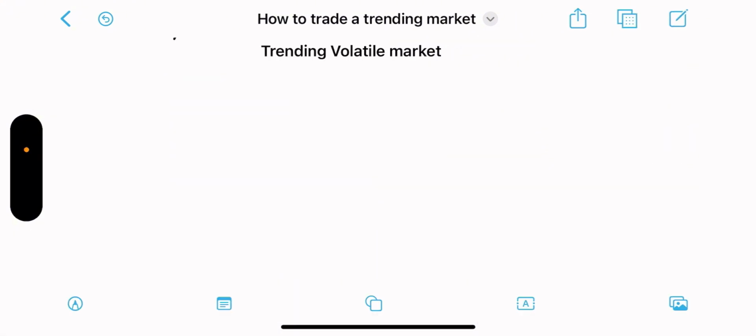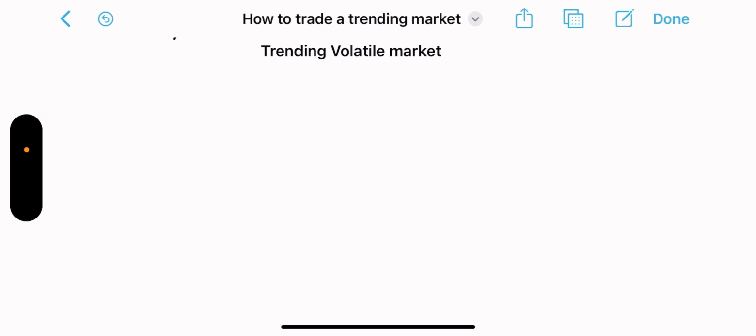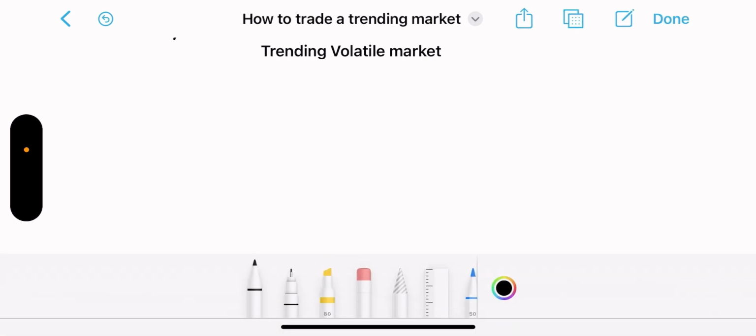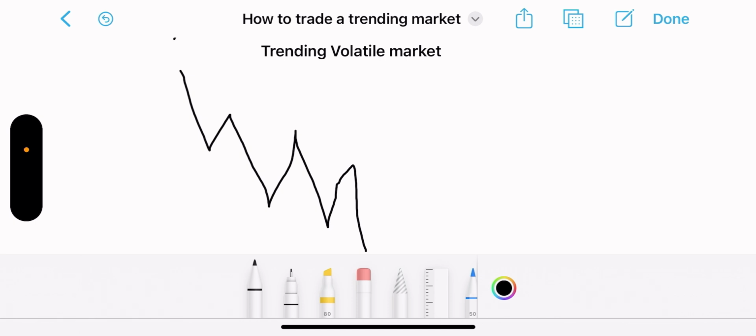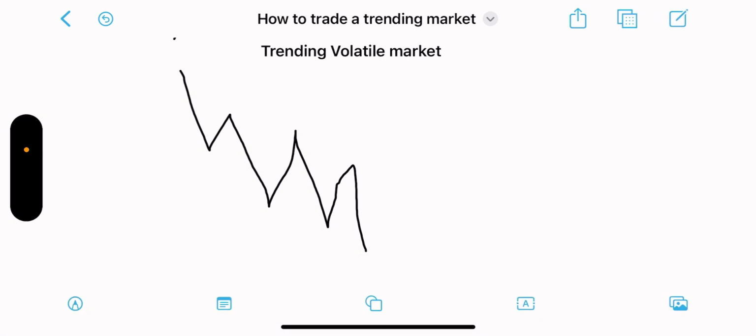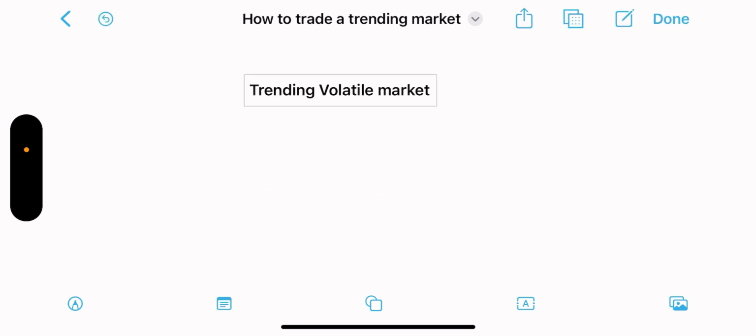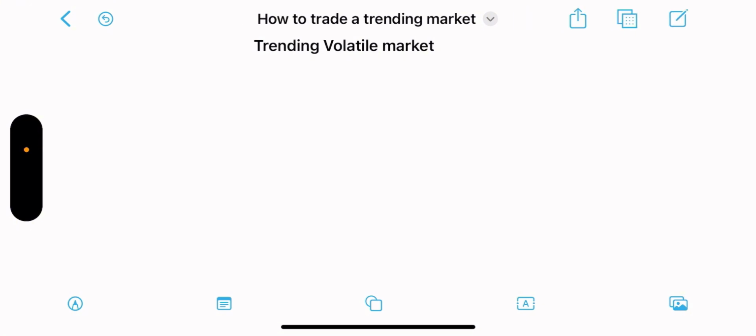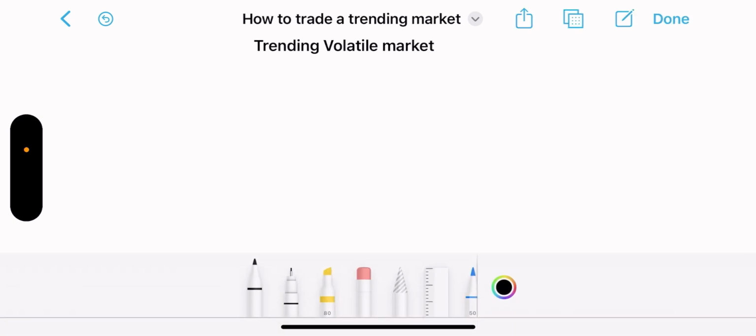All right, so for the trendy volatile market, we all know how it moves, right? We all know it's very, very volatile. I mean, it moves, comes back, right? You understand, right? So how to trade it is also very simple. But for the trendy volatile market, there are several ways and different variations in which you can trade it, right? So one of the ways is using support and resistance levels to enter the market. So this is an example,